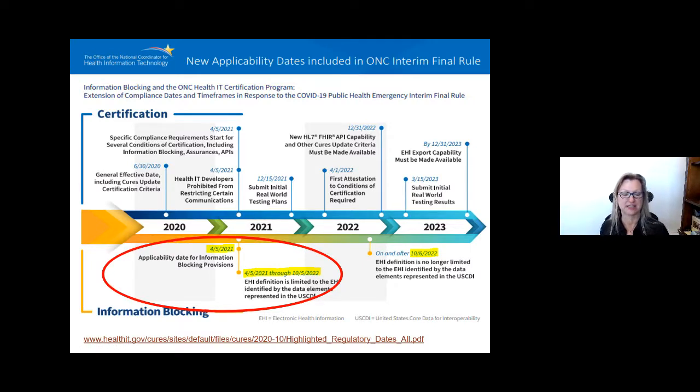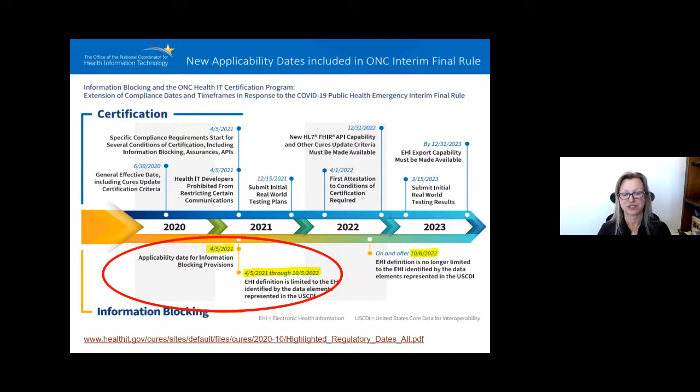You can see that bottom piece talks about actual compliance with the information blocking provisions. And what does that mean? That means that once the deadline goes past, if somebody requests access to electronic health information as that is defined, you have to think twice before saying no, because now you may be engaged in impermissible blocking of electronic health information. Of course, the policy and the drive here is to prevent organizations from unnecessarily attempting to block information or to not allow the free flow of information.